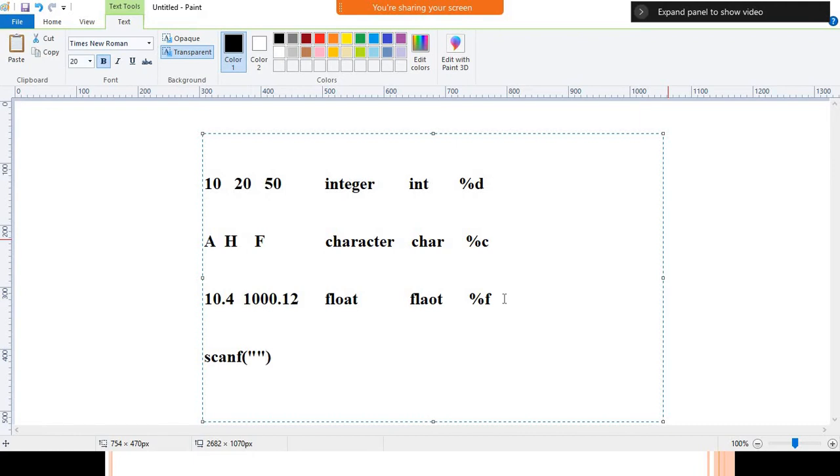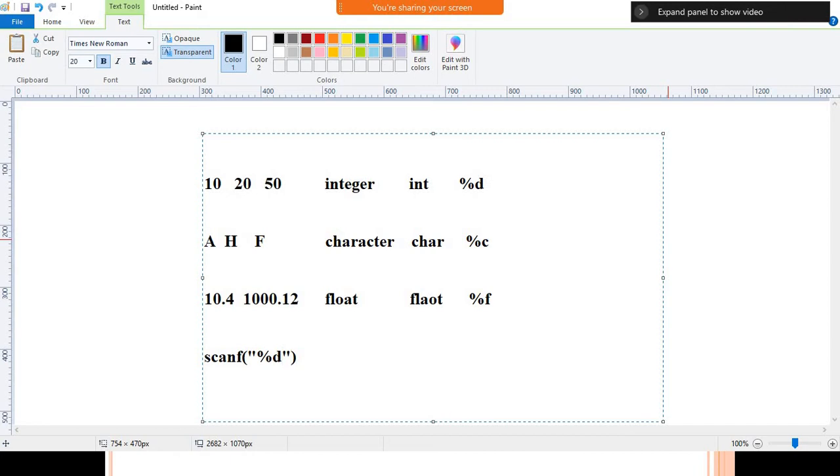So first of all, I will choose a decimal value. For that, I will be using scanf, and here I will use percentage d. In double quote open and double quote close, we need to specify the format specifier whichever you want to accept. Here I accepted a natural value, that means a decimal value, so that's why I use the format specifier percentage d.